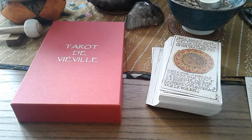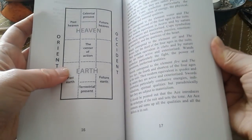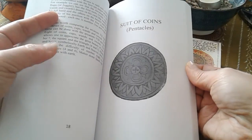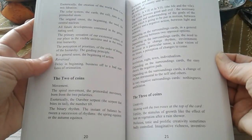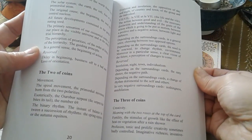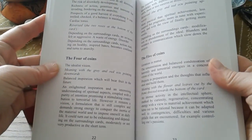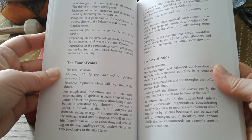So, yeah, actually the book might not be quite what I was hoping for. There's a lot of technique, and I want history and stories and thoughts about, so there it is, 3 of Coins, creativity. It might be an interesting little handbook for revisiting the minors, though, for the Marseille,